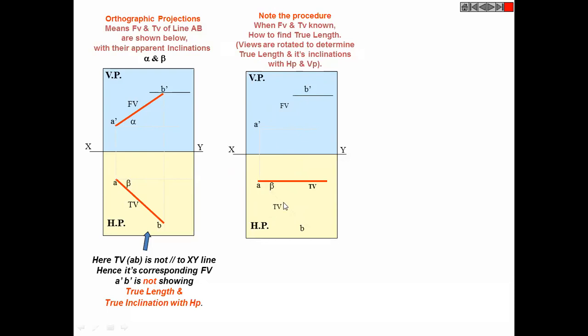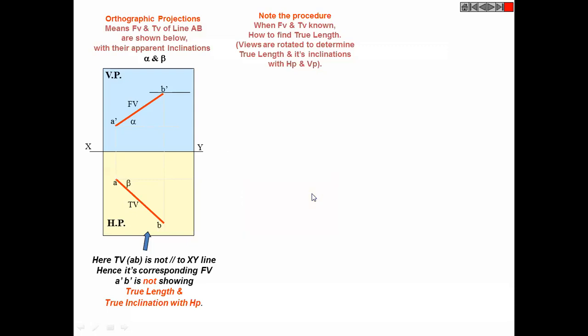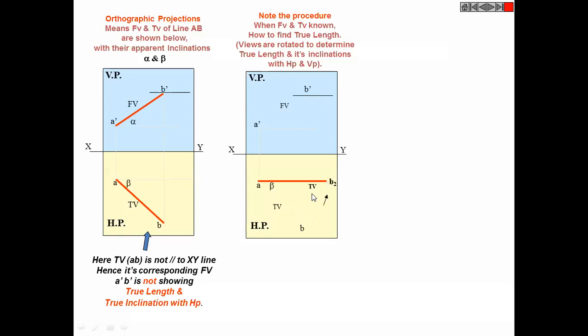See here, the top view is given, so the top view is rotated like this. You can simultaneously write it down in whatever language or mode you understand better. This is the first step. We rotated the top view, then we get this point B2. Now one more thing: this must always be B2. When we make a line parallel to any plane, that is denoted by this 2.